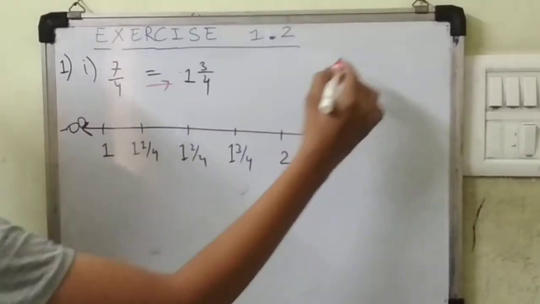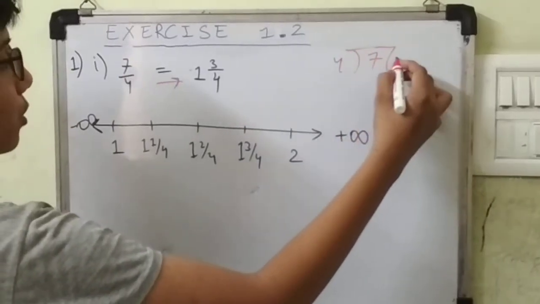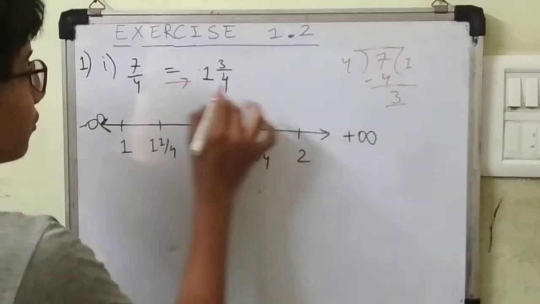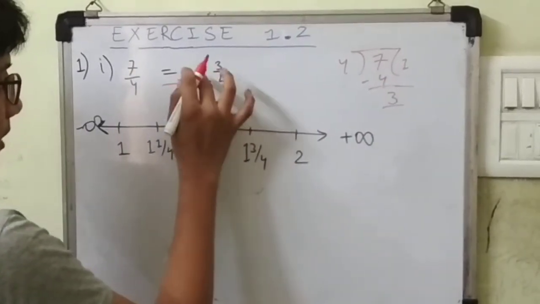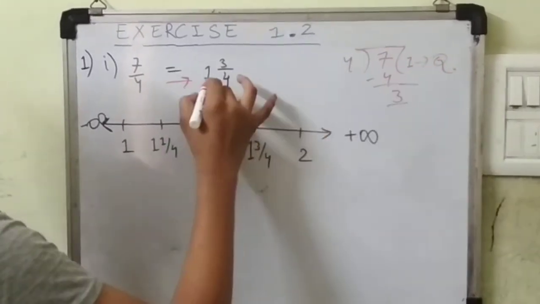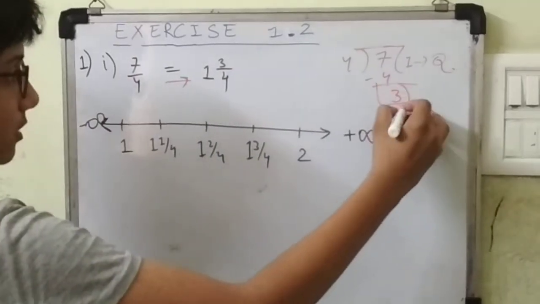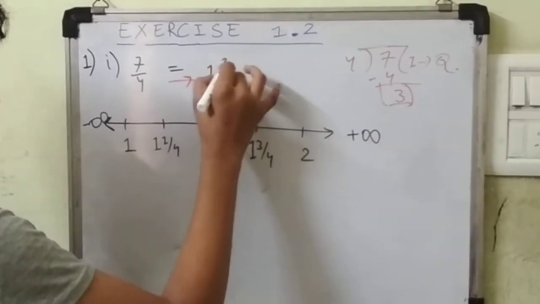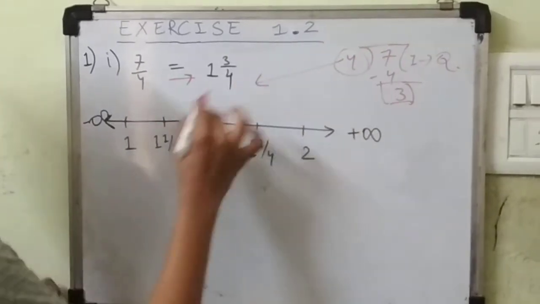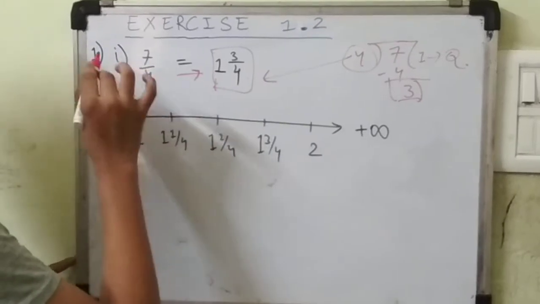First we have to do normal division. 7 divided by 4. What does it say? 4 ones are 4, remainder 3. Now this number is called the quotient. What is our quotient in this case? It is 1. So write here 1. Then the remainder, which is 3, write above it. Then put a bar and then the divisor, which is 4. In this format you have to write every time you see the numerator is greater than the denominator.